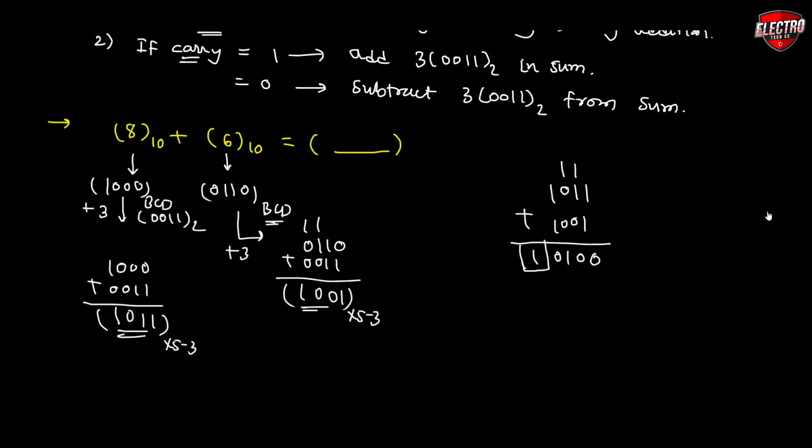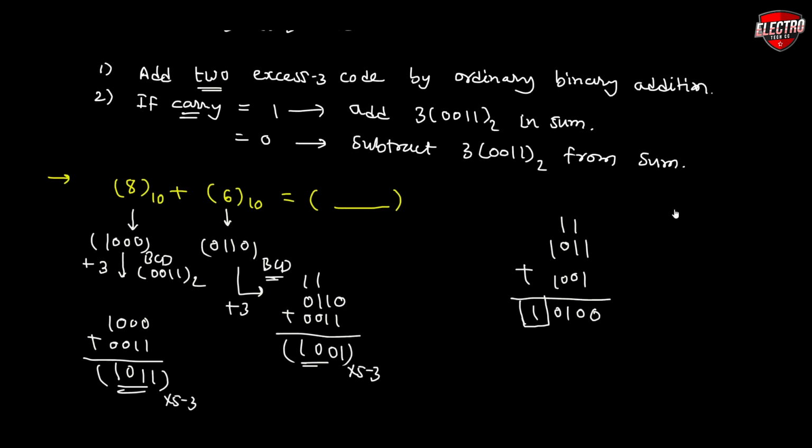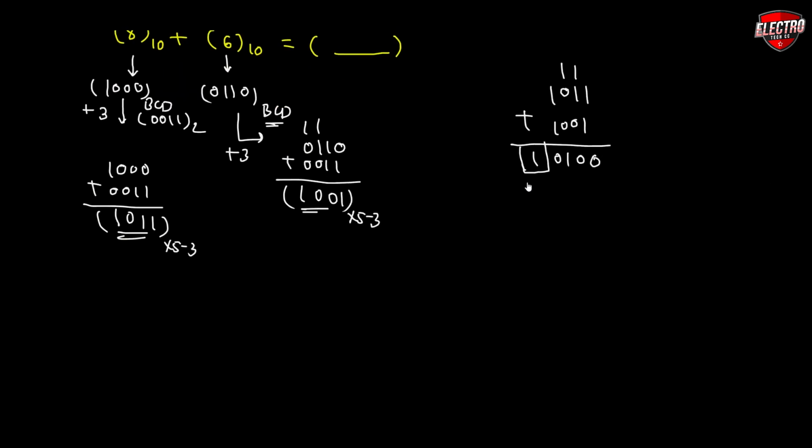Okay, so as we discussed in the addition process of two Excess-3 codes, if we get a carry, then add 3 in the final sum. So we have to add 3, that is 0011, in both the groups of bits. Okay, so the first group is 0001, the second group is 0100, and if we add 3 in both the groups, then we get